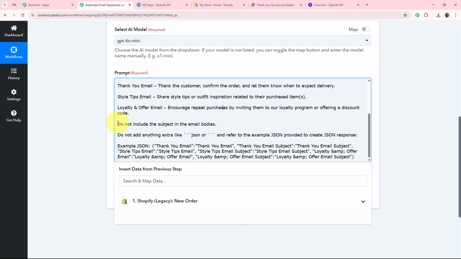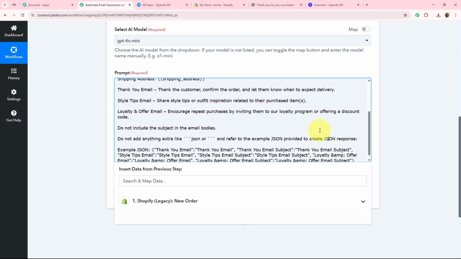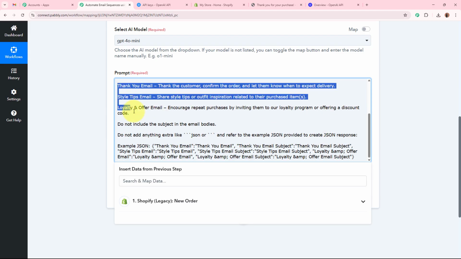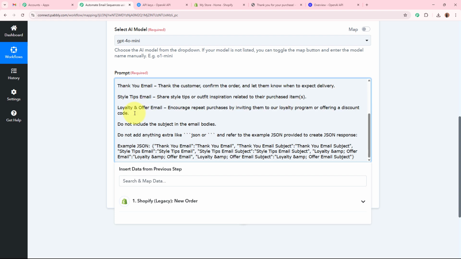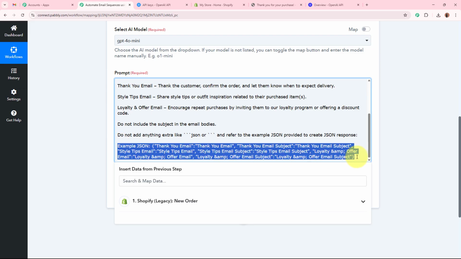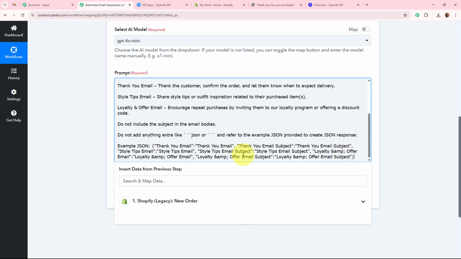It says, do not include the subject in the email bodies. Do not add any extra JSON to refer the example provided. Now, what I want is, I want all the emails right over here, the bodies and the subjects, three of them separately from each other. I don't want a paragraph response. For that, we need to get the response in a JSON format, and that is I've added this JSON example right over here. Using this example, this AI agent is going to give me the data in the given example